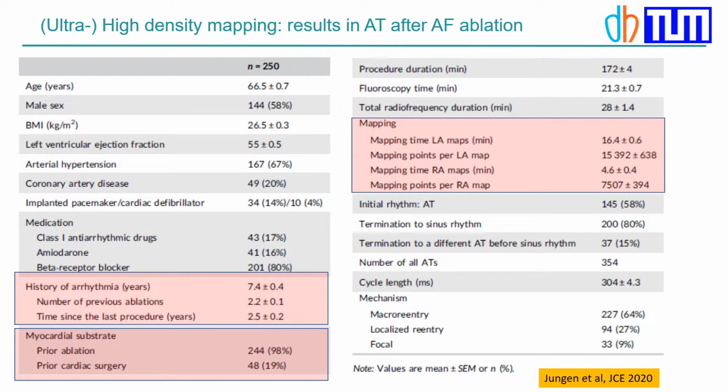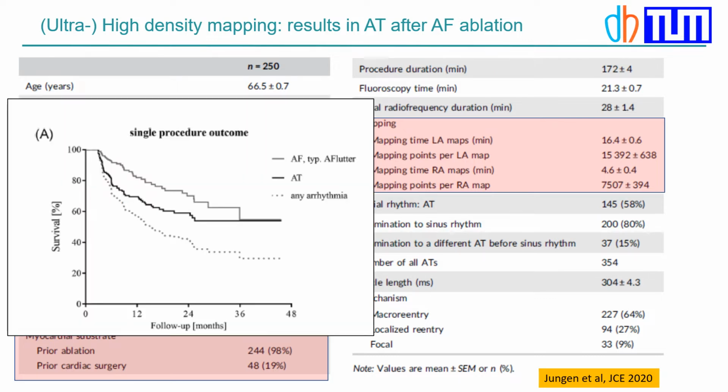right atrium. You are reading right here, 15,000 points on average acquired in the left atrium and 7,500 in the right. So really a very high-density mapping to understand the mechanism of the atrial tachycardia. And you can appreciate here the single procedure outcome. If the patients came with an atrial tachycardia, with this one procedure we could achieve sinus rhythm in about 55%